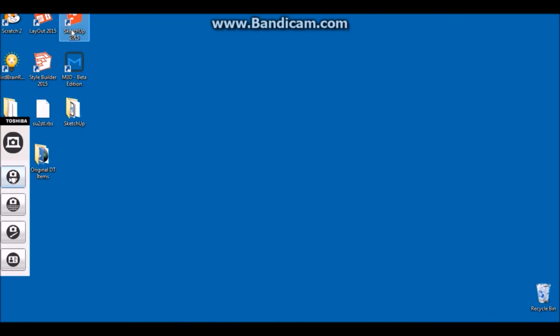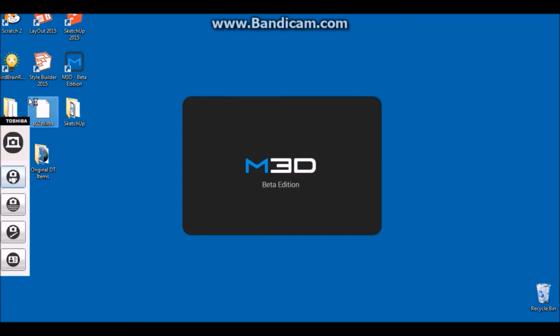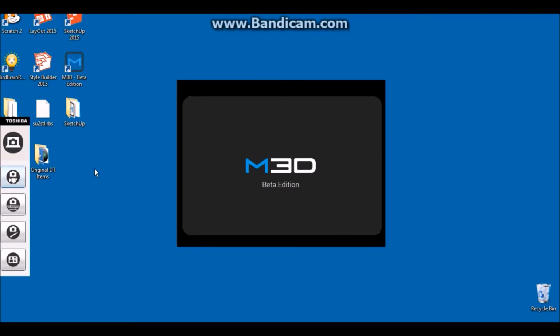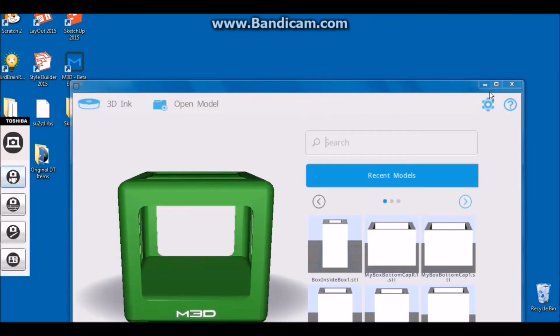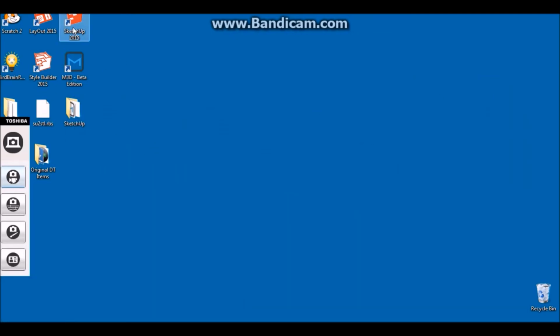So next, we have made our first box in SketchUp, and we've saved it as an STL file. And now what we want to do is get this M3D. You should have installed this. You should have this M3D thing right here. Just double click on that. Oh, and by the way, before we start this,